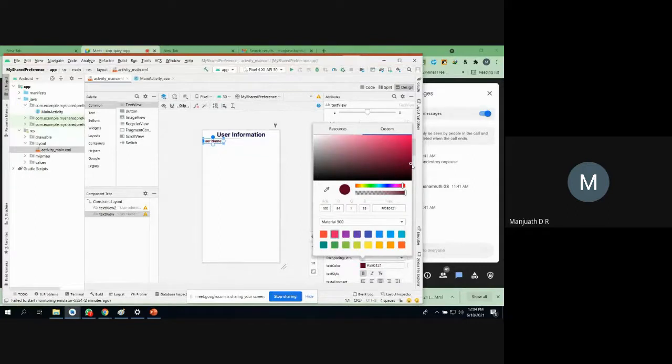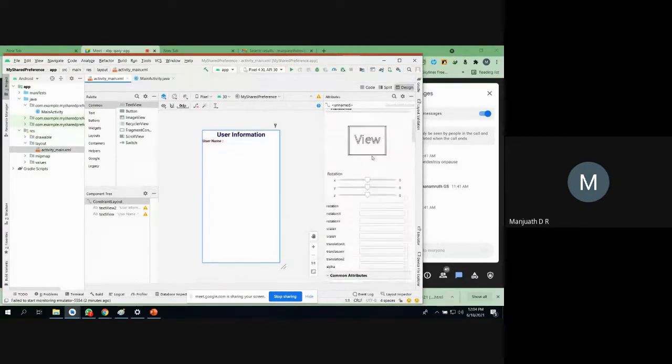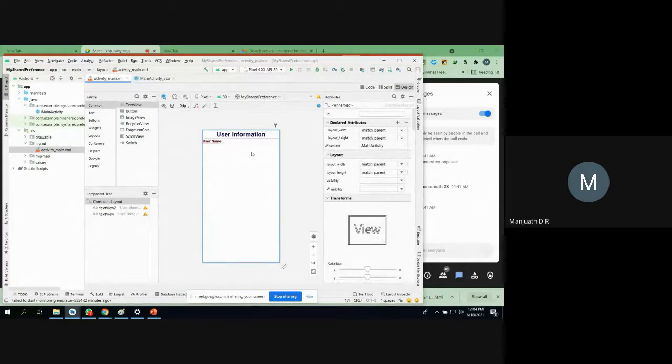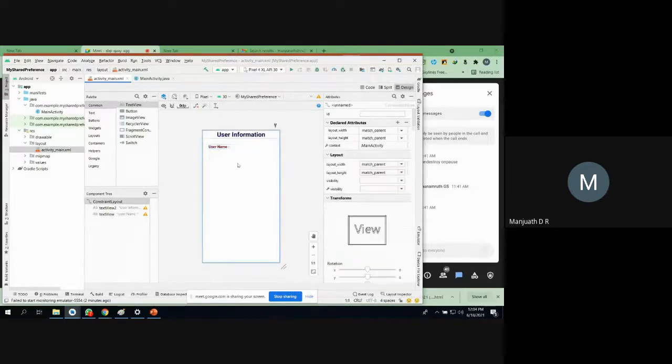Okay, and set some constraints. I may have after 32 here also 32. Okay, good, fine.